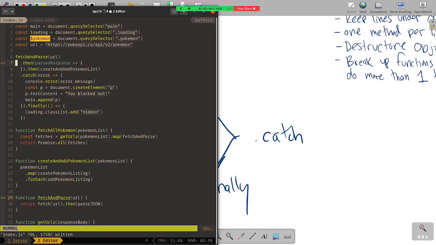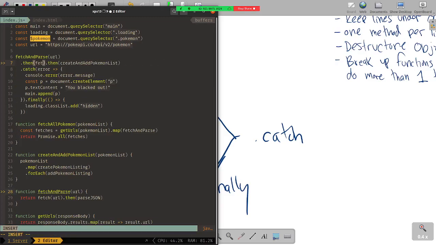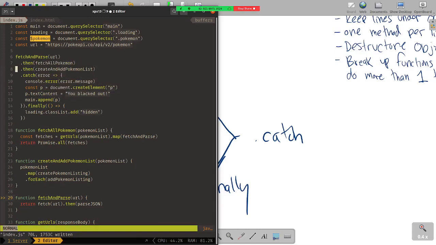And then this becomes fetch all Pokemon. All right, and then in this catch handler,